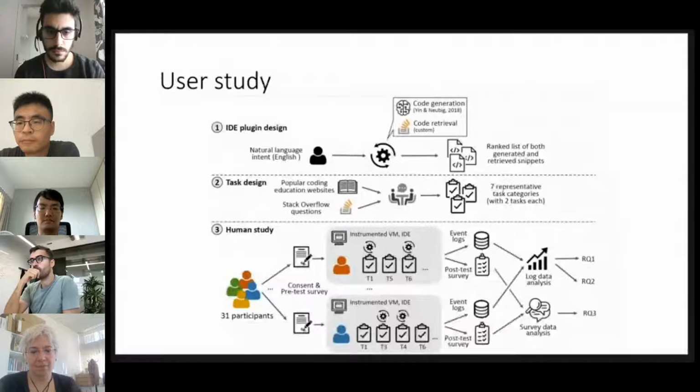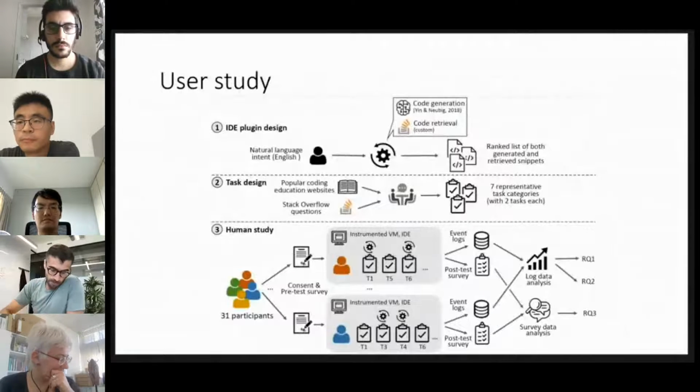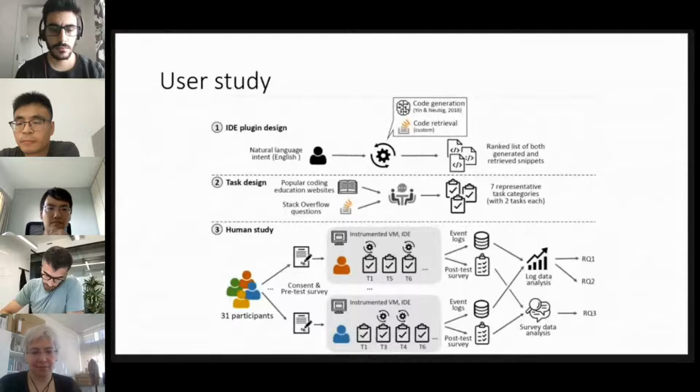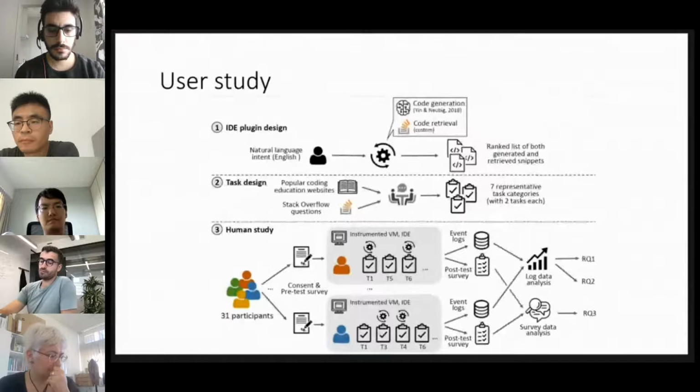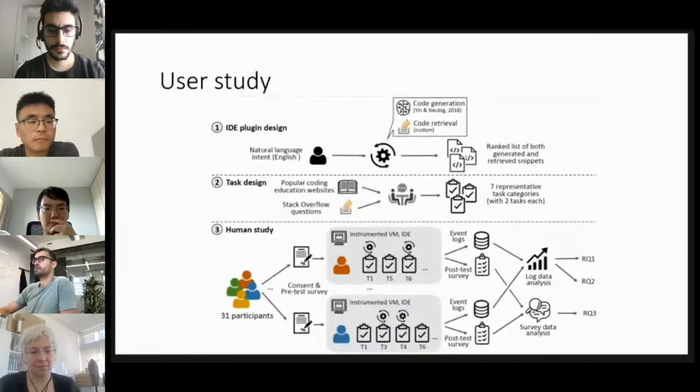For this, we designed a user study. To facilitate the user study, we first developed a plugin for the PyCharm IDE that implements a hybrid of code generation and code retrieval functionality. Both of these are based on the previous state-of-the-art models and conventions. Then we orchestrate virtual environments to enable collection of many user events, for example, web browsing, keystrokes and fine-grained code